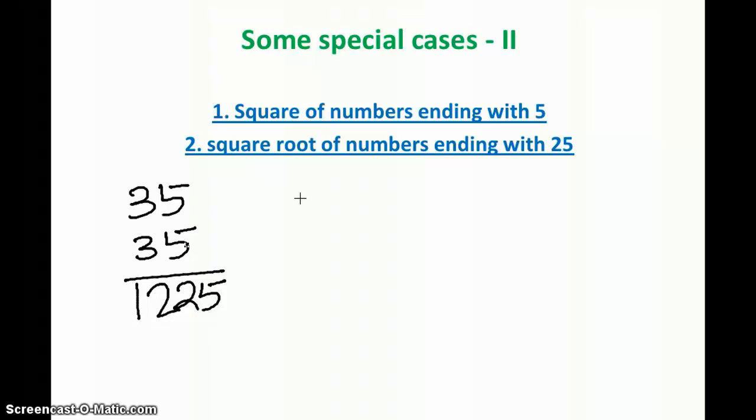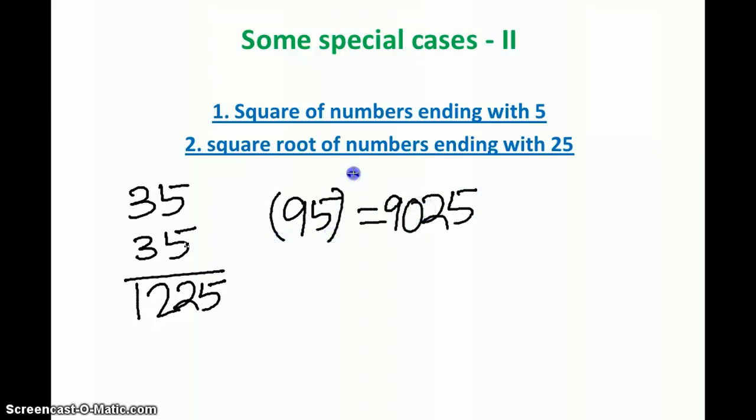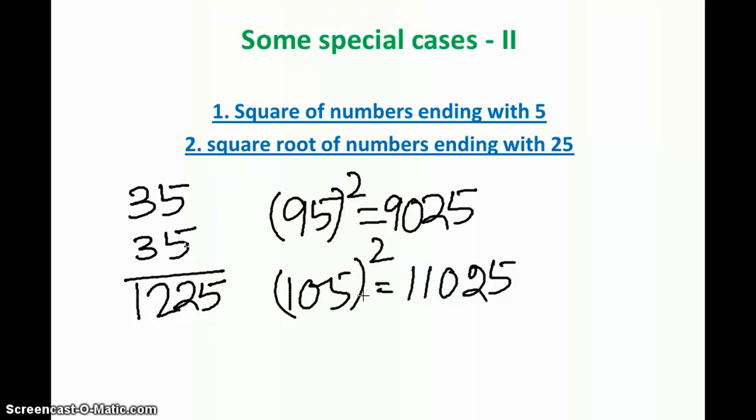Expanding it to any number, you can take 95. You write in the same line 25. The next number after 9 is 10, so 90. That's the square of 95. Similarly, let's talk about 105. The square of 105 is: first write 25, then 10, next number is 11, which makes it 110. That's the answer. So that is how it goes. It's quite simple: finding the square of a number ending with 5.